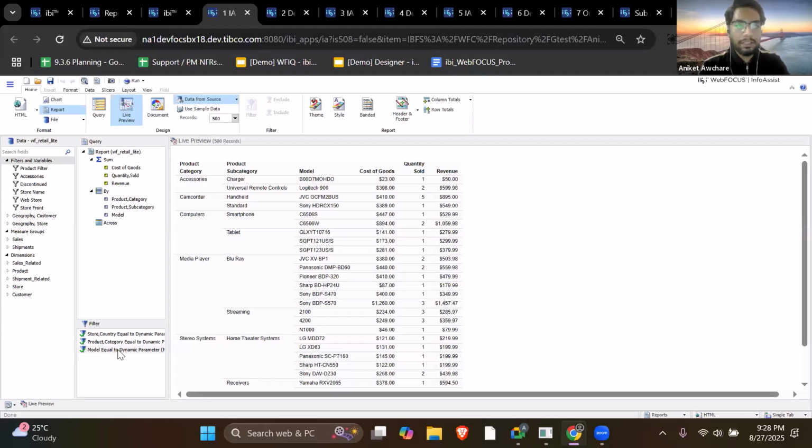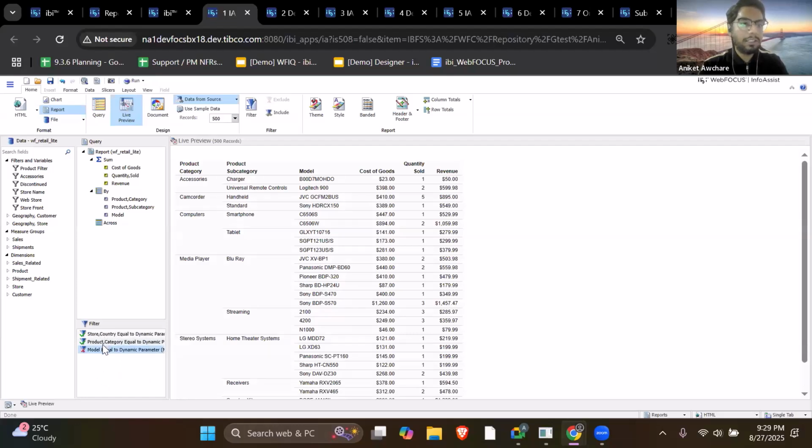Now, let's say I just want to explore product category and country, and I don't want to consider model for now. What I can simply do is, in IA, I could right click and I had this exclude option. What that would do is it would not delete the filter. Rather, it would just exclude it from the query. So when I ran it,